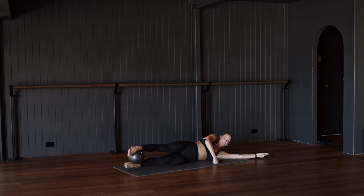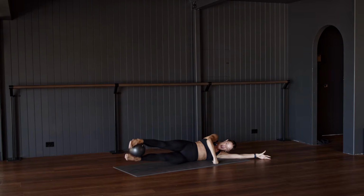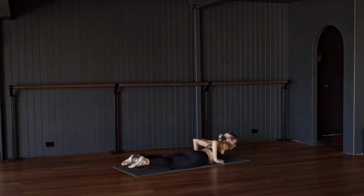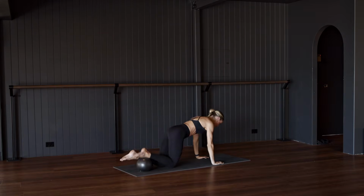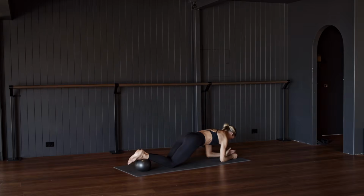So good, you guys. We're coming into our plank position. Ball underneath our ankles in 3, in 2, rolling over onto your front. Place the ball underneath your ankles, come down onto your forearms. We have our knee taps. So we lift the knee, lower knee in 3,